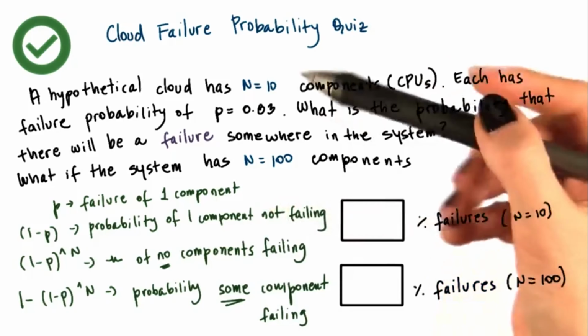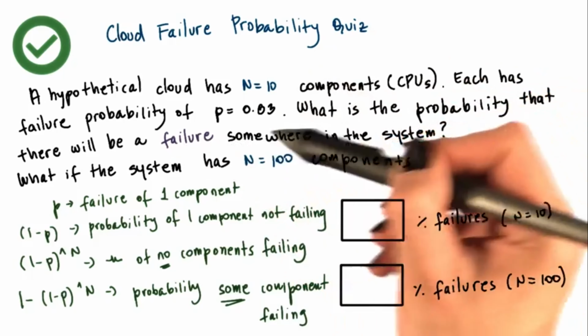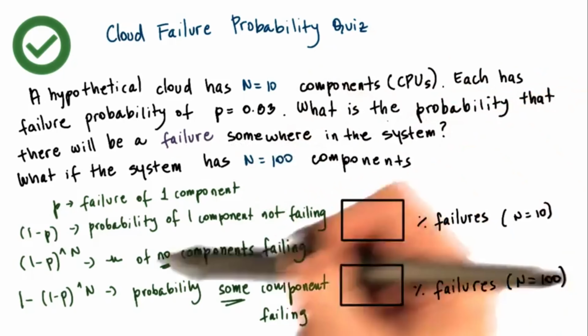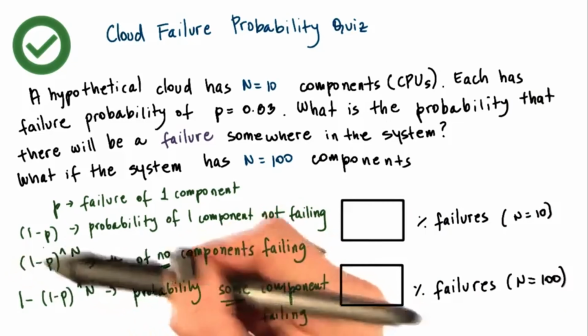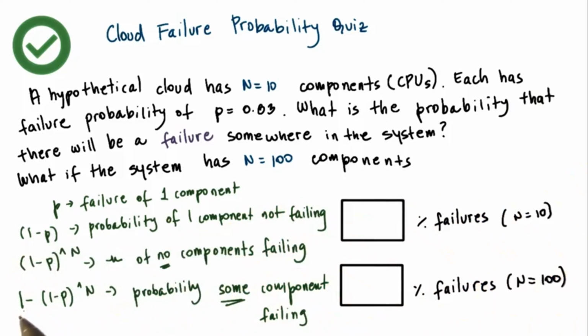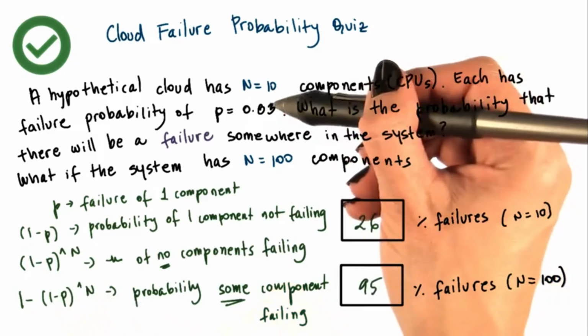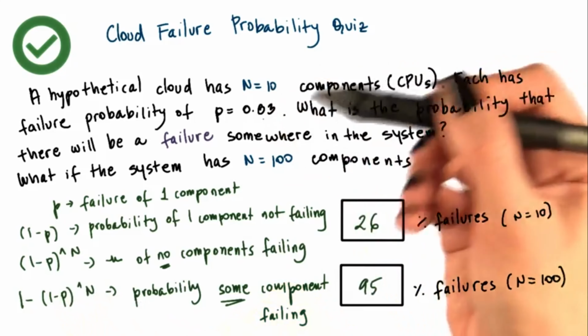And the question here is, what is the probability that something will go wrong? So there will be a failure somewhere in the system. That's clearly 1 minus this result. So the formula for the total answer is 1 minus, in parentheses, 1 minus P to the n. If you do the math, you will see that with this probability,